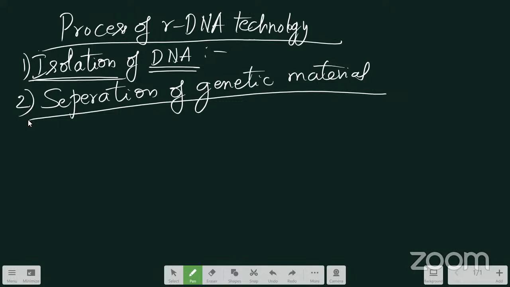In the cell, the heavier particles present are nothing but the genetic material, which settles down at the bottom of the test tube, and some materials will be floating in the semi-solid liquid-like structure. This needs to be separated by the elution method. With a copper wire, we can easily separate the floating DNA fragments. That is called elution. And after that, we need to do the cutting of the